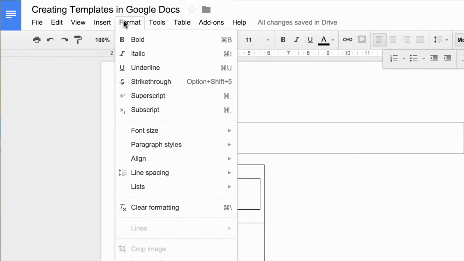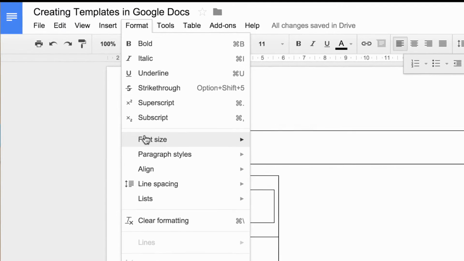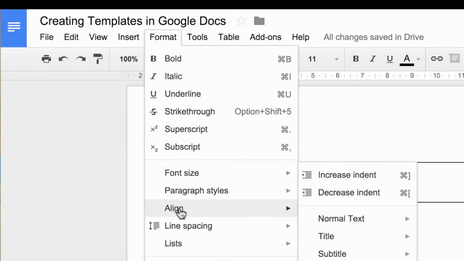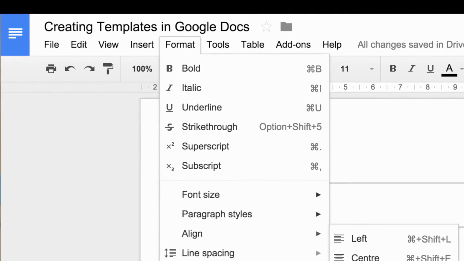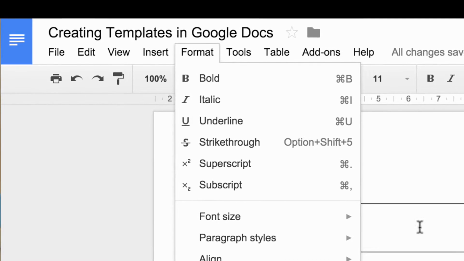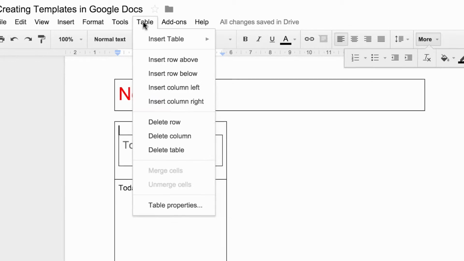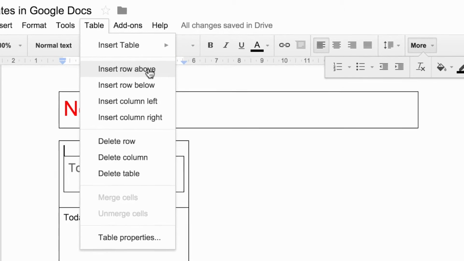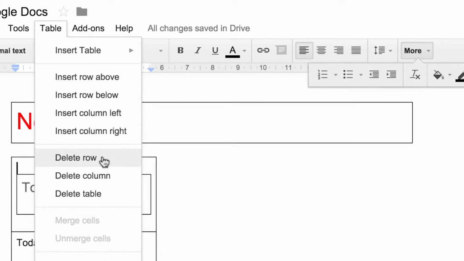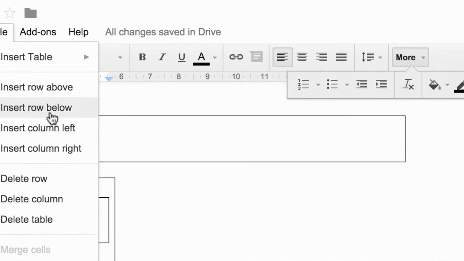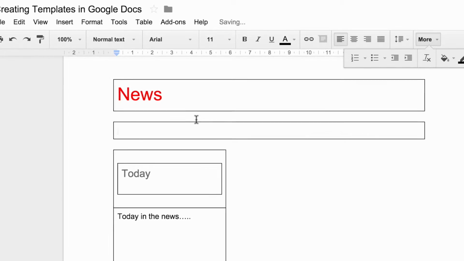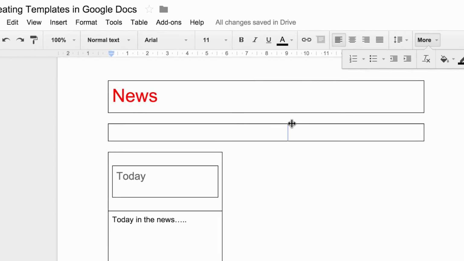You can also use the drop-down format menu in the toolbar at the top on the left of your document to open up some more of those formatting options for the text within your doc. Use the drop-down table menu to add additional rows or columns to your table, or to insert a brand new table into your document. I'm going to add an additional cell to my document to serve as another section of